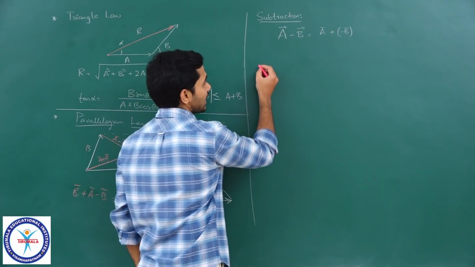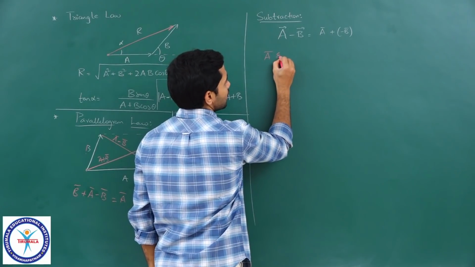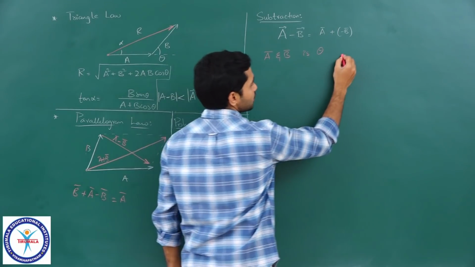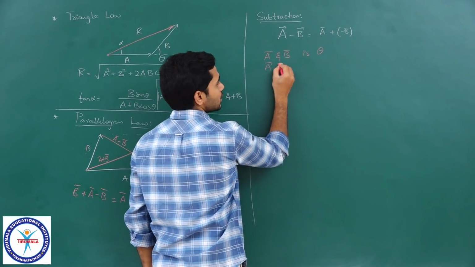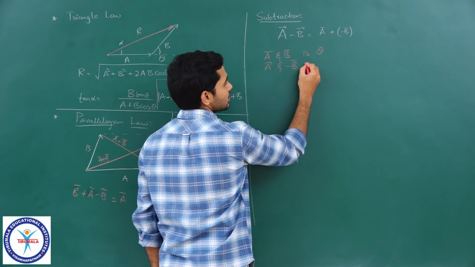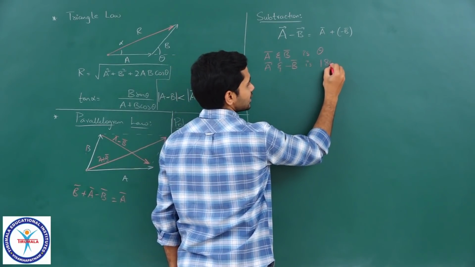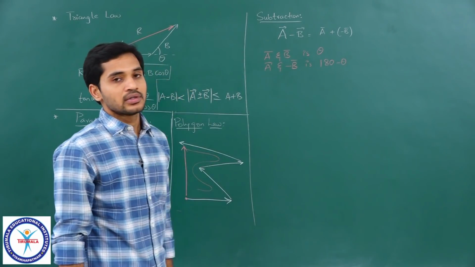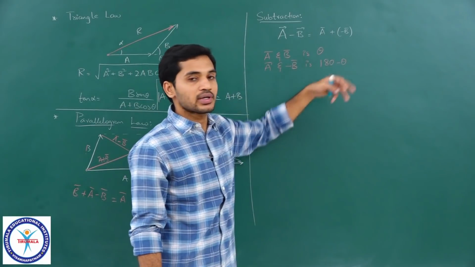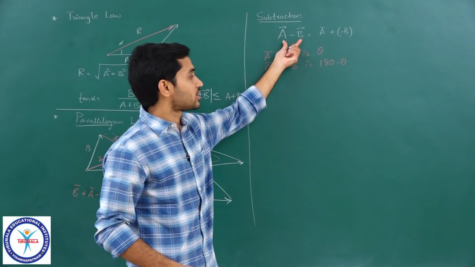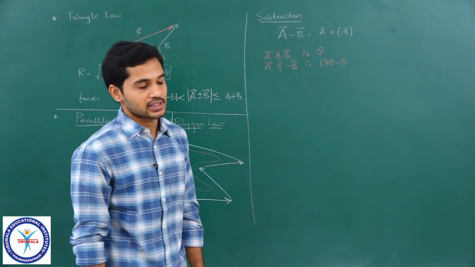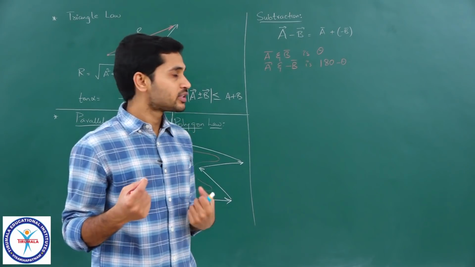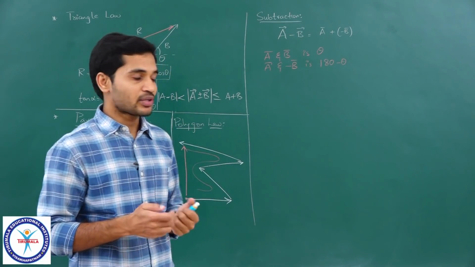And we also discussed the angle. If the angle between a bar and b bar is theta, then the angle between a bar and minus b bar is 180 minus theta, correct. Based on that you can add a bar with minus b bar and find the difference of these two vectors, right. This is what we have discussed in last class. Okay. So, let us see a few very simple points about addition and subtraction, and then we will move on to the next topic.